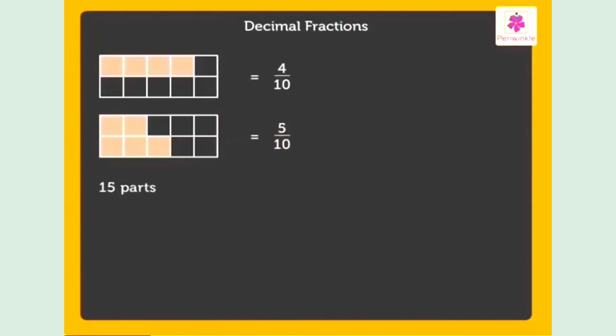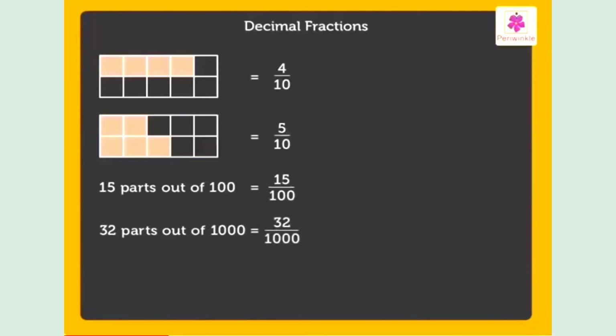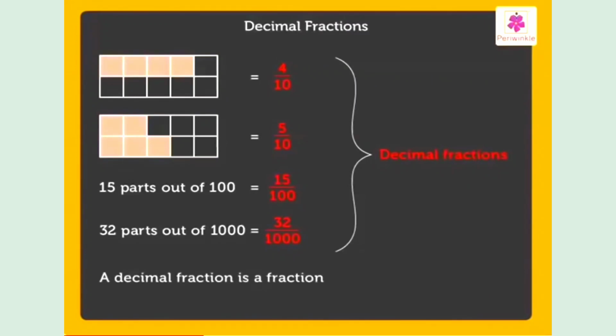Similarly, 15 parts out of 100 is written as 15 hundredths. 32 parts out of 1000 is written as 32 thousandths. The fractions 4/10, 5/10, 15 hundredths and 32 thousandths have either 10, 100 or 1000 as their denominators. Such fractions are called decimal fractions. Thus, a decimal fraction is a fraction whose denominator is either 10 or 100 or 1000 or a power of